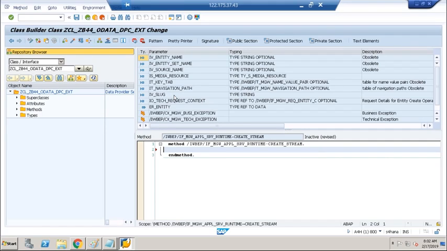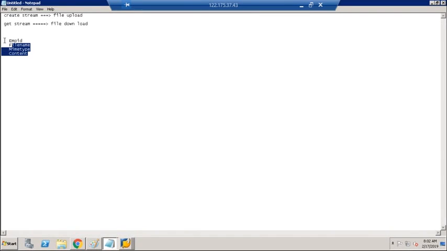If you go to the create entity, there you have IO data provider using which you can read the entry data, the IO data provider hyphen read entry data method. But unfortunately, that method will not be available in the create stream. Now immediately your next question should be, then Rizwan, how will you receive this data? So this data will be received